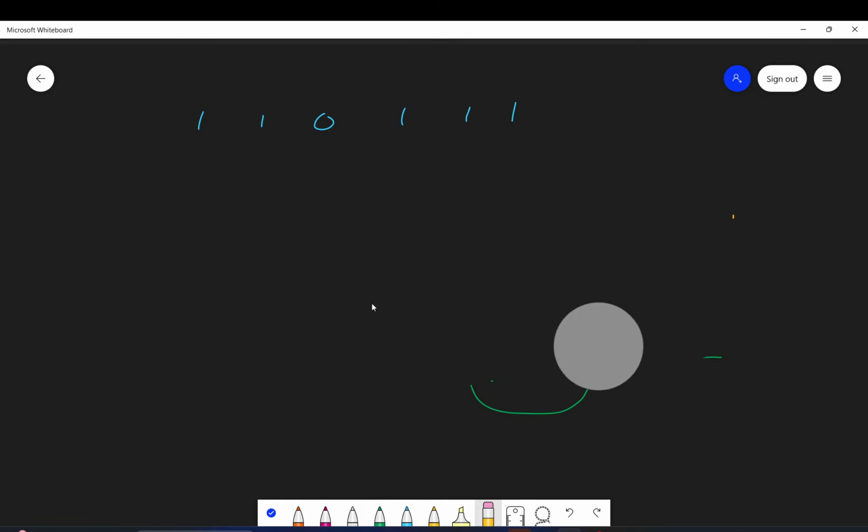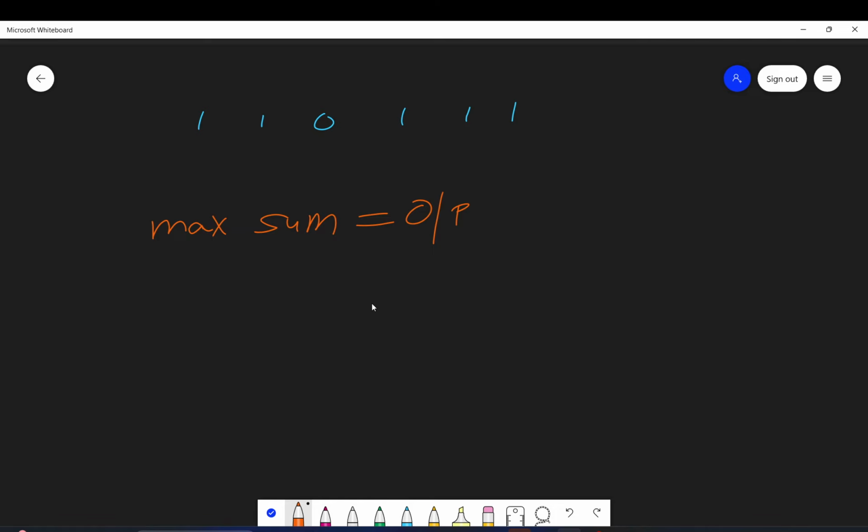So basically in this problem, our motive is to find the maximum sum, because that will be our output, which is the maximum number of consecutive ones. Okay. So let's do that.